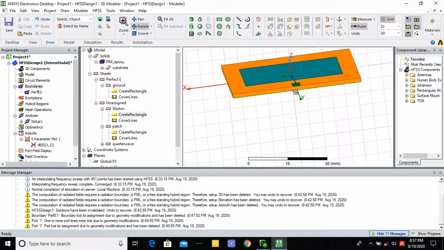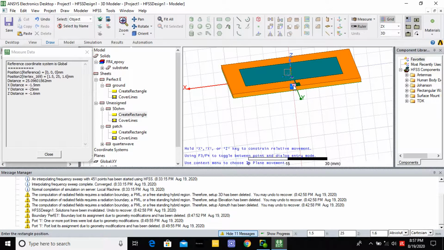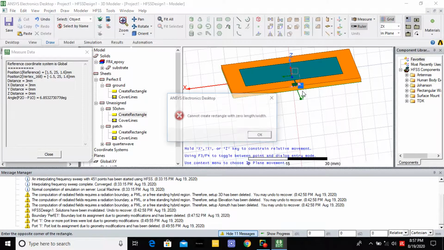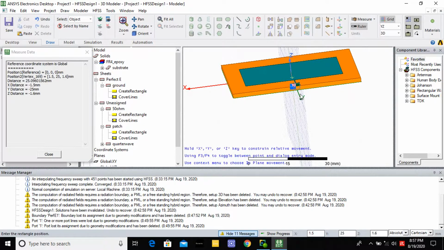Without voltage, the antenna is not radiating. We have to radiate this antenna, so we have to give the voltage. So go to rectangle. You select here. Otherwise, you select YZ.